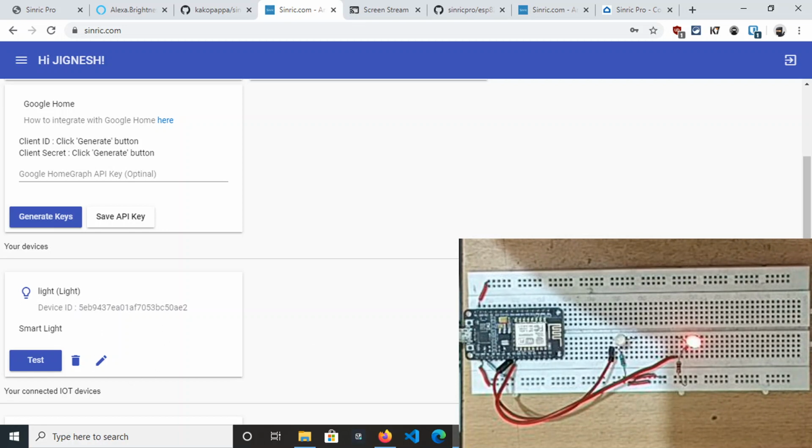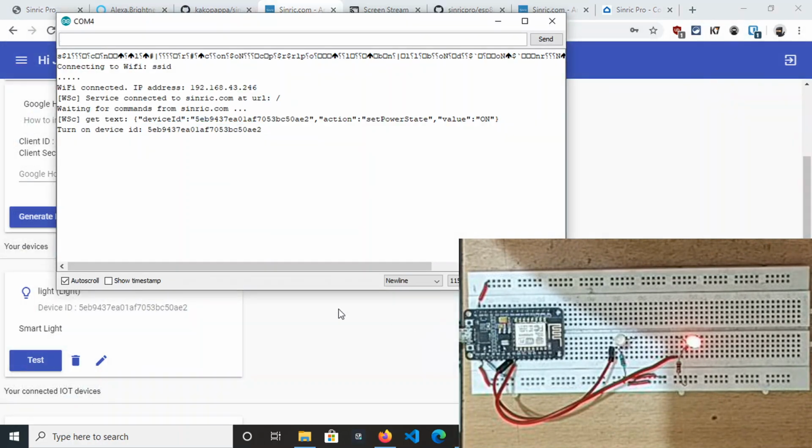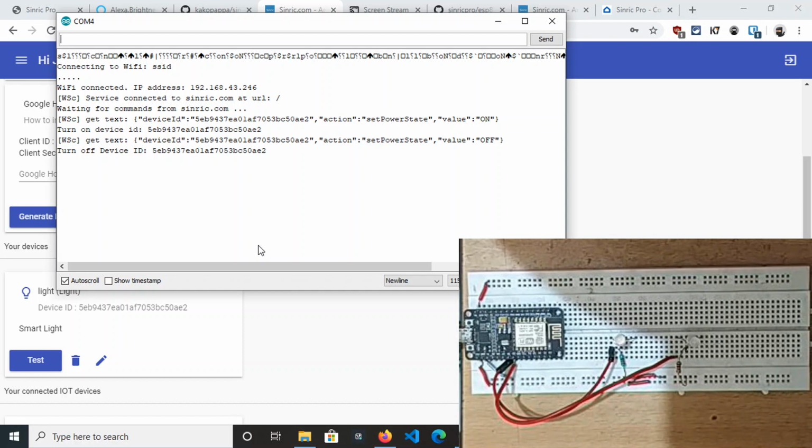Fine. So let's see the serial monitor, and now Alexa turn off light. The light turned off, and now we will set some brightness. Alexa set light to 50%.